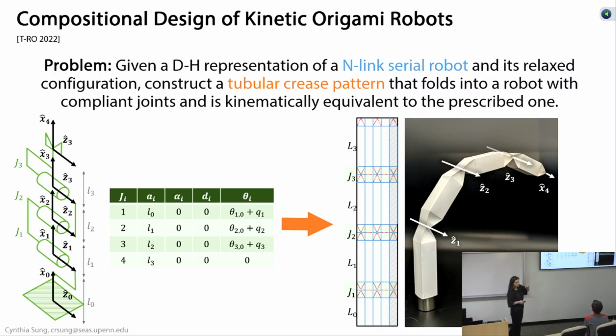You have relative motion in 3 dimensions? Yep. All 3 Euler angles? Yes. Joint? Yep. So the problem that we decided to solve was, given the Denavit-Hartenberg representation, the standard representation of